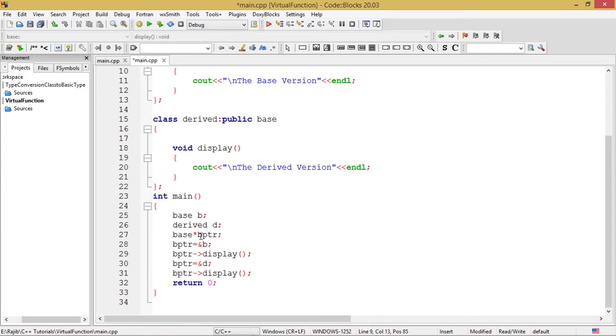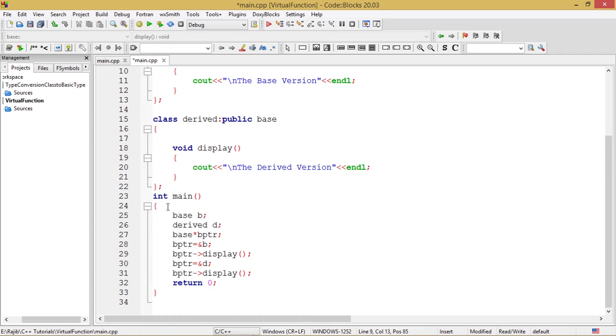I have declared a pointer to the base class base, that is the bptr. In the next statement I have assigned the address of the object of the base class, that is b, by this statement, bptr = &b.